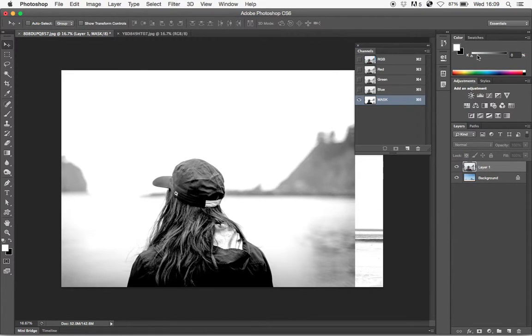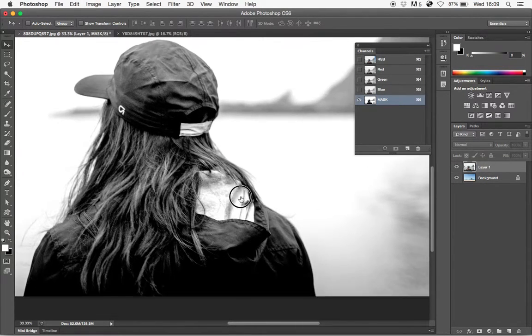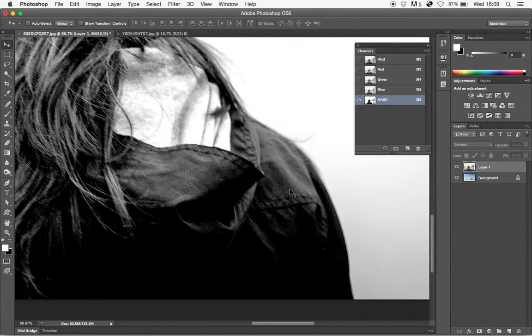And now we have to do some manual work. So if I go to my dodge tool, and you can see in the top of the range here, you can affect various tones. And I'm going to go to highlights, and I'm going to keep my exposure quite low, probably about 40. So if I just size the brush up a bit, I'm just going to go around the edge and whiten, or lighten I should say,